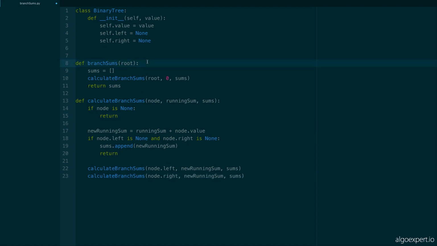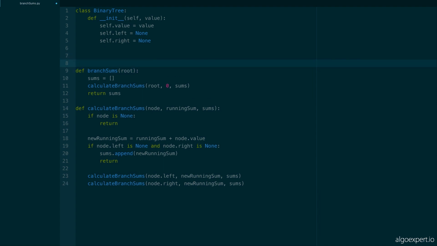Very simple. And as we discussed in the conceptual overview of the algorithm, this is going to run in O of n time because, again, you can clearly see that we're going to be traversing through all of the n nodes, but at every node, we're doing constant time operations. These are all constant time operations. And as far as space complexity, it's also going to be O of n space